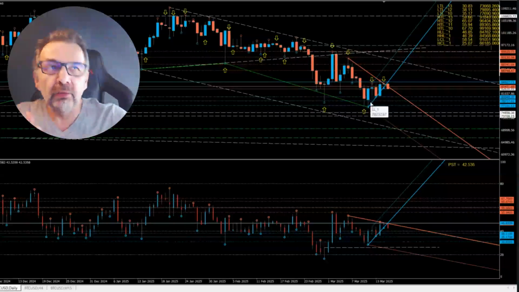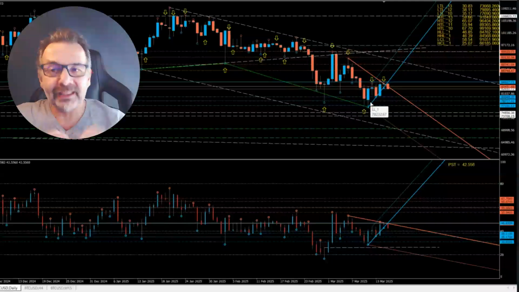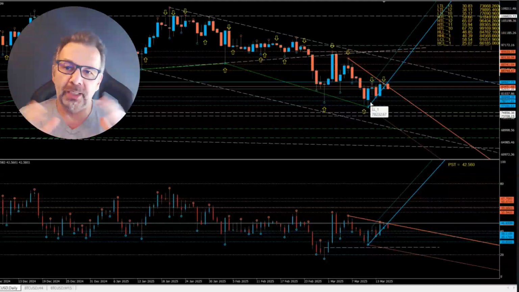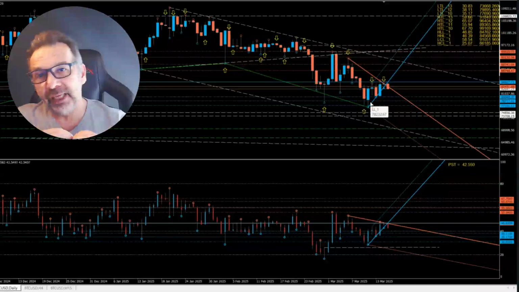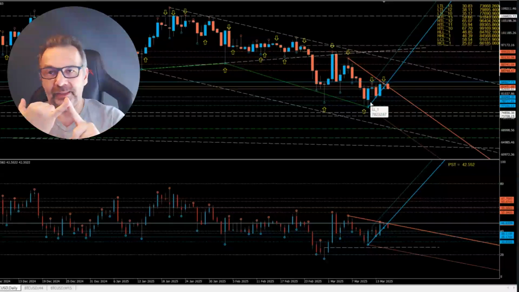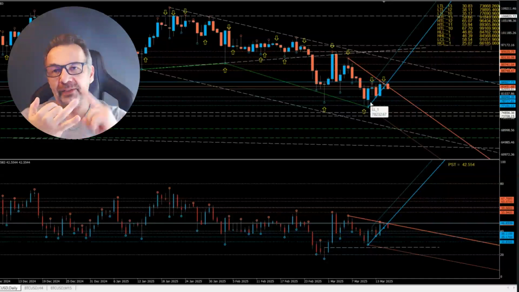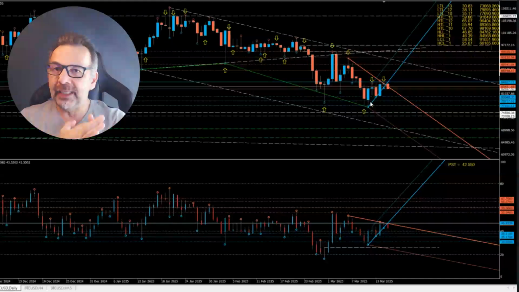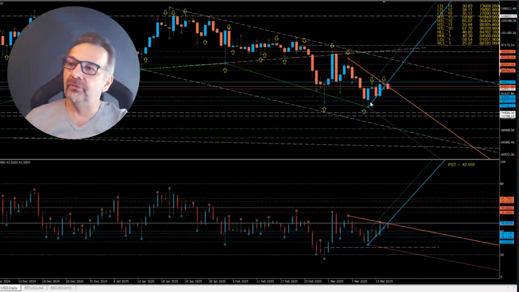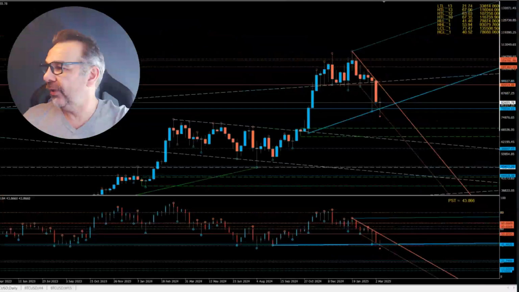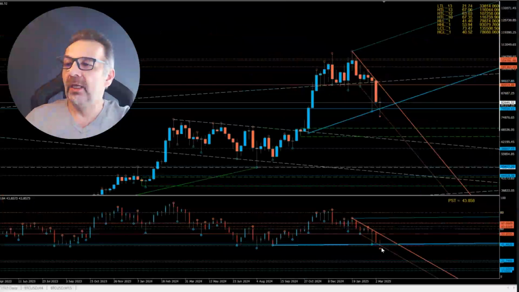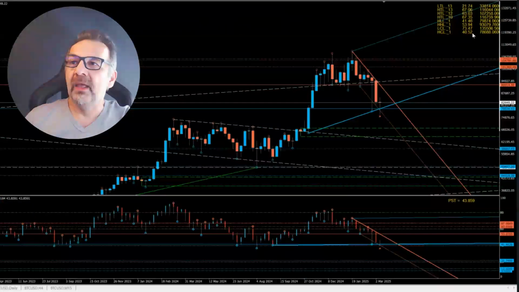But we want to look for a reversal at a price. We don't want to just blindly go in. And also we want to match it to a swing hour. So if I have a price, a swing day and a swing hour, then I'm looking to reverse from the lows. And this is pretty much for us here, as you can see, we had a price on the weekly of